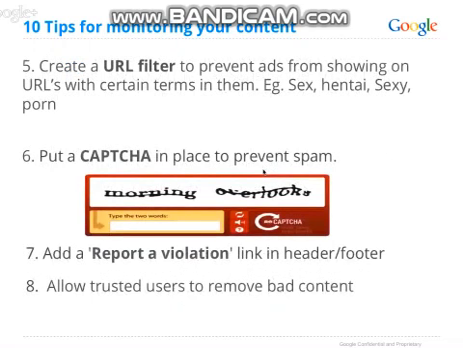Number 5 is to create a URL filter to prevent ads from showing on URLs with certain terms in them. Again, this is something specific to your site that you can set up, by which if you have specific content that is not going to be appropriate to Google AdSense, then you can filter that in the back end of your site. Number 6 is putting a captcha in place to prevent